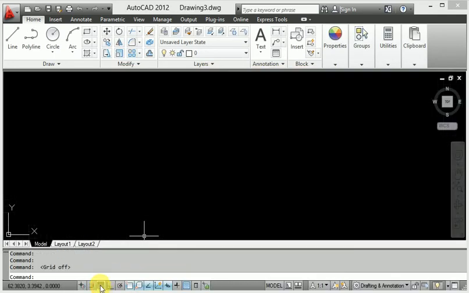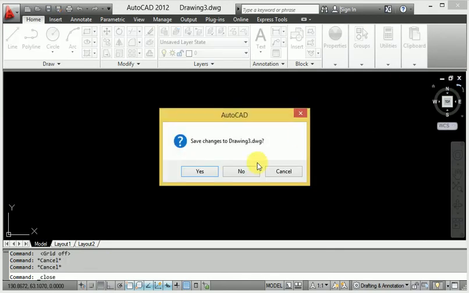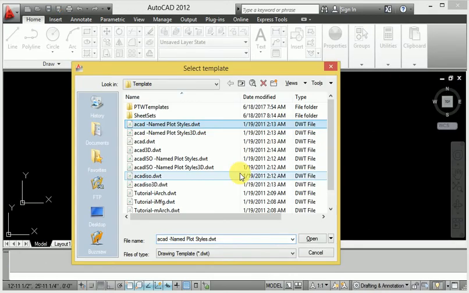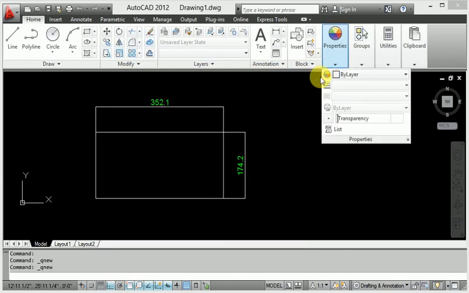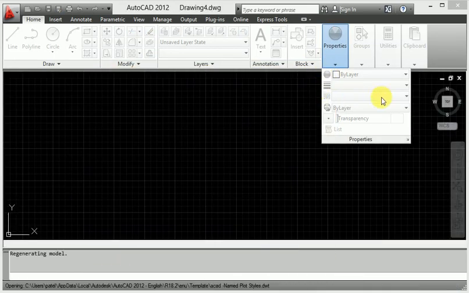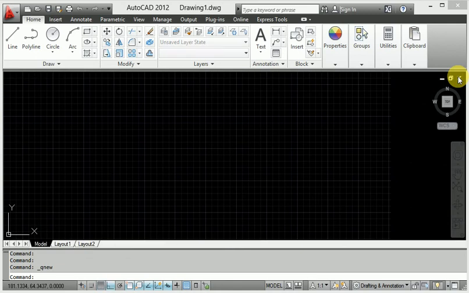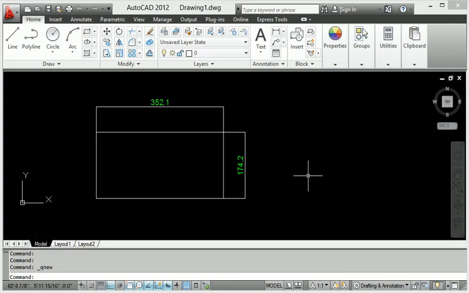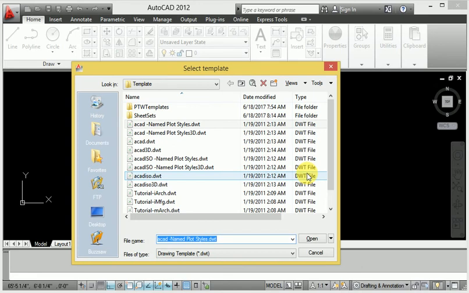This is how to find the new page in AutoCAD, and again we will find the shortcut for the new page in AutoCAD. So how do we find the shortcut for the new page? When I click Control N, just click Control N. This is where we find the new page in AutoCAD.